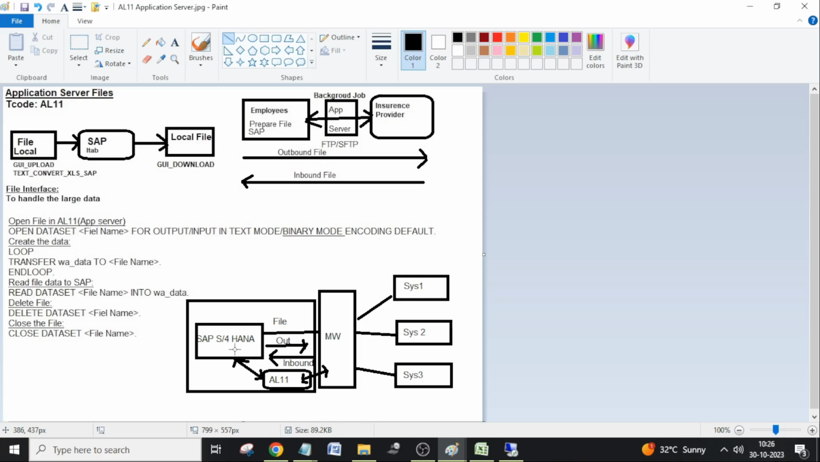Here we have three modes: for output, for input, for appending. I forgot appending. So after open data set, we have three modes: for output, for input, and for appending. For output is to create the file. For input is to read the file. For appending,